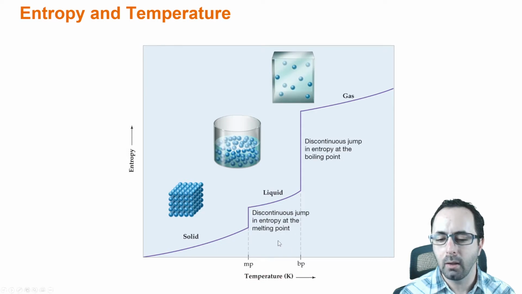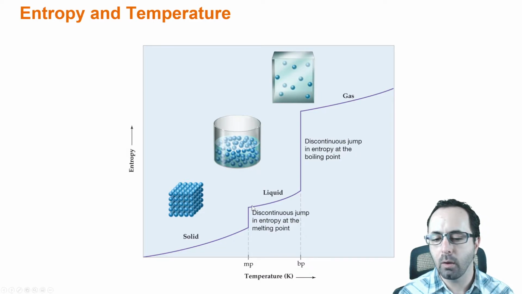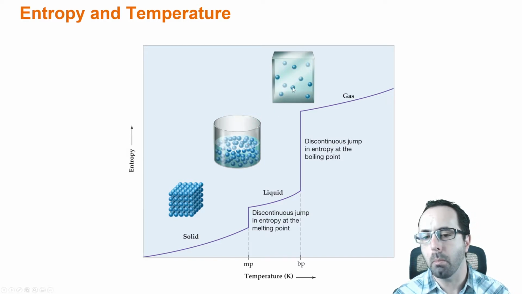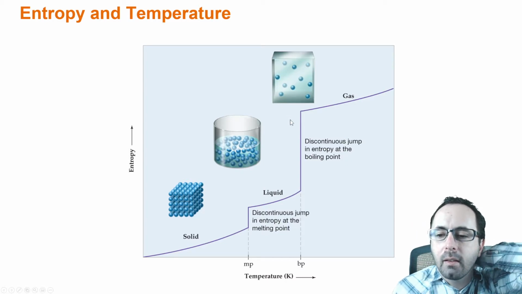And at that point, all of the energy that you add goes into disrupting the order of the substance and turning it from a solid to a liquid. So entropy rises while temperature does not. Then the substance becomes completely liquid, and as you raise the temperature of the liquid, the entropy is slowly increasing. Then you get to the temperature that is the boiling point. And then the entropy jumps up again. All the energy that you're putting in is being turned into randomness, giving these molecules greater molecular freedom, breaking them apart from one another so that they exist in the gas phase.